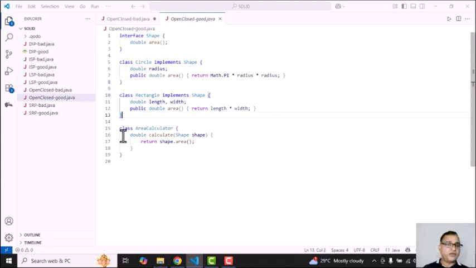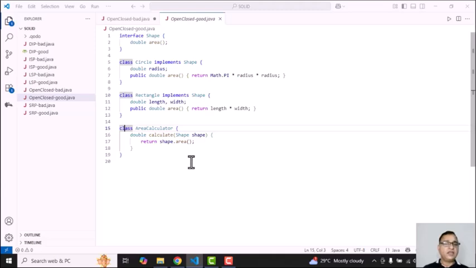Rather than having one big god function in a class which takes care of all kinds of shapes' area calculation, here we distribute that code into classes. Whichever shape wants to calculate area, that shape will implement this interface called Shape. So class Circle implements Shape, class Rectangle implements Shape,